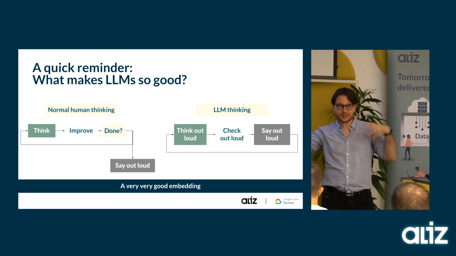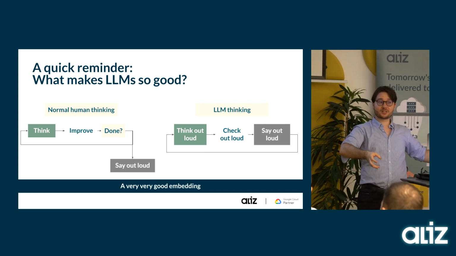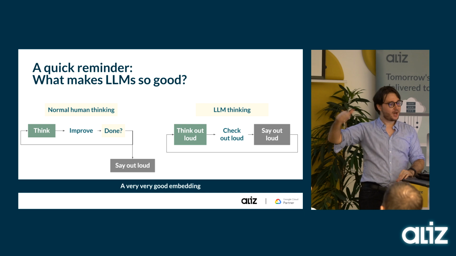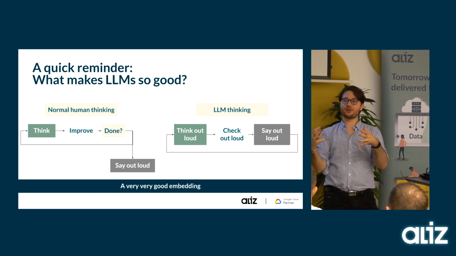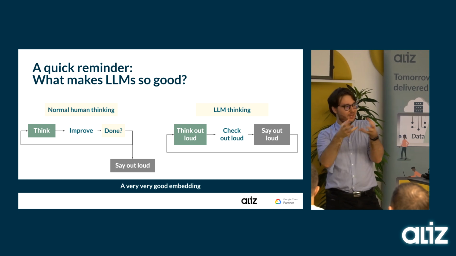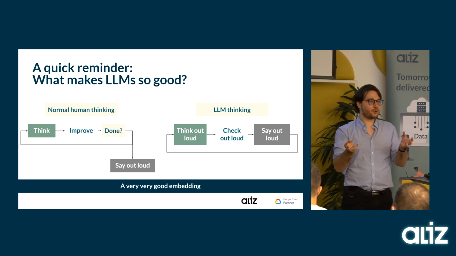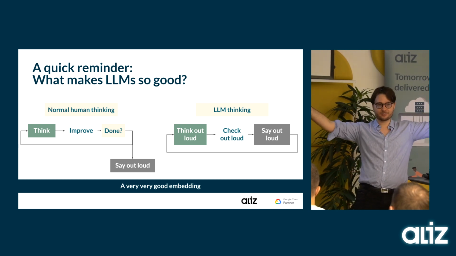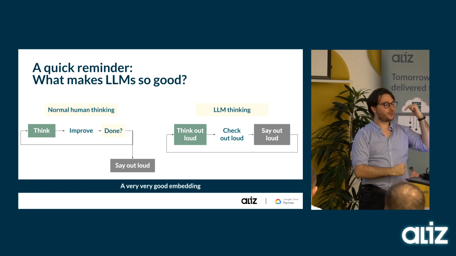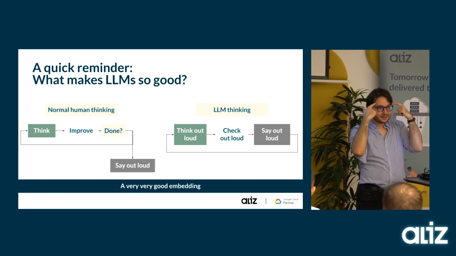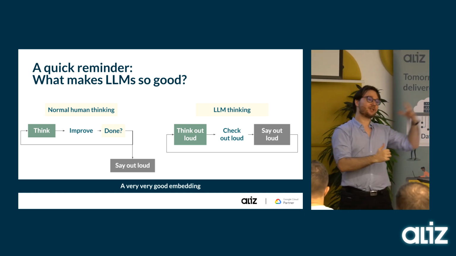But us humans, we can just think on our own, right? We are an independent process. We go on, we think, and once we are satisfied with the solution, we can say it out loud. But large language models, they're discrete things. I say they think, I say we speak to them, but they don't. They're a piece of code, they're a massive equation, but that's all they are. So they can't think inside their head. They have a limited space to think, but we can make them think out loud,